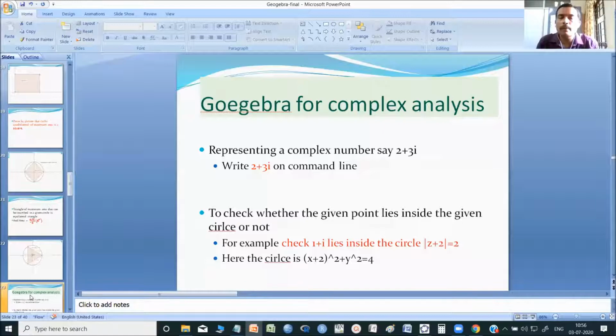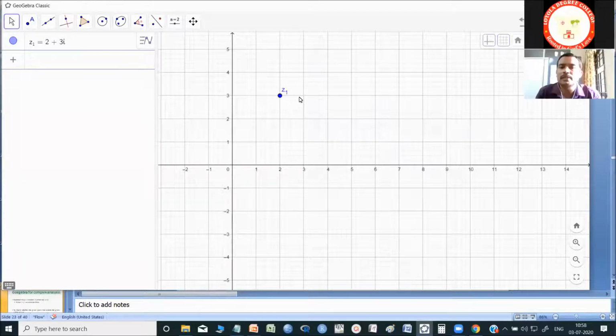And I have a point, say 2 plus 3i, a complex number, and the circle mod z plus 2 equal to 2, or any circle.